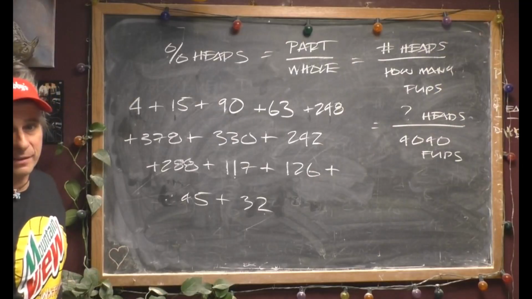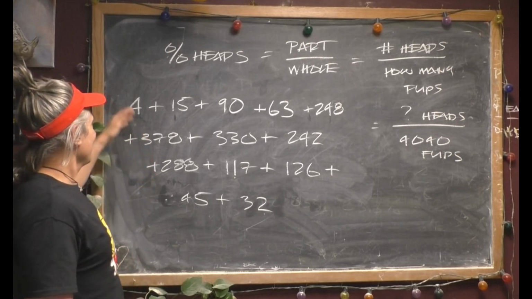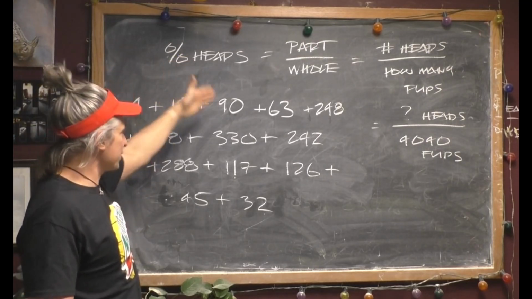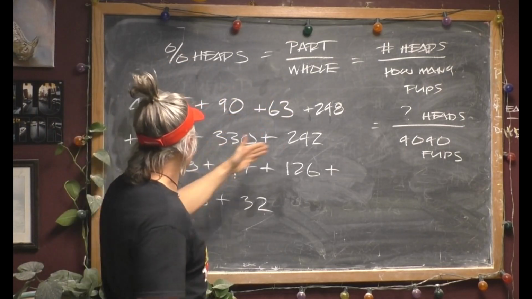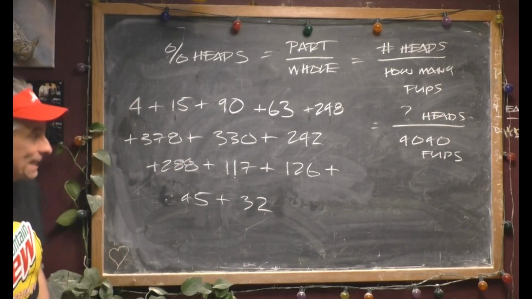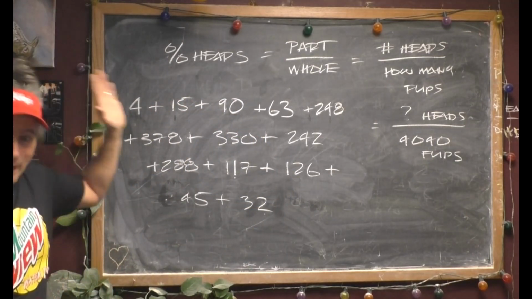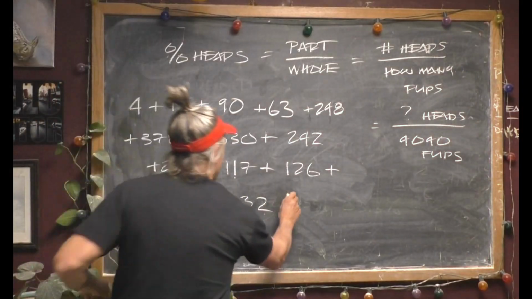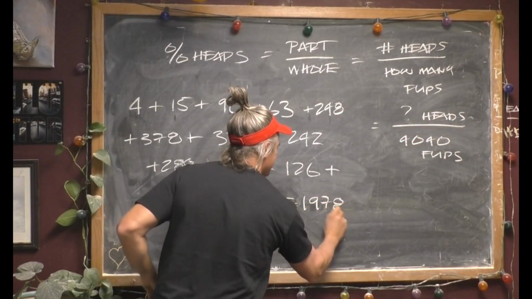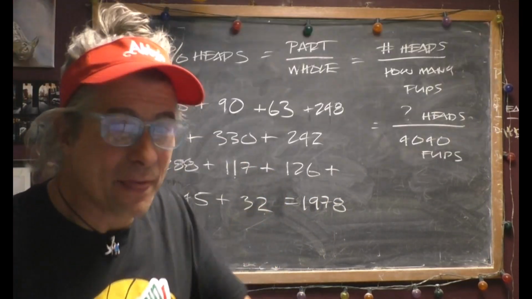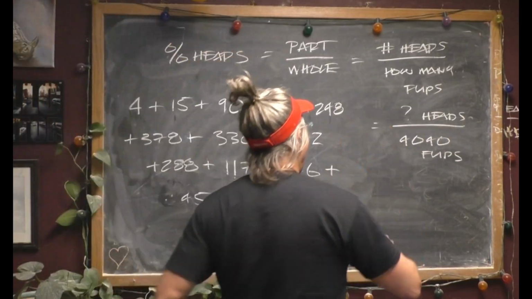All right, dear friends. So that's how many heads were in the trials that we saw. 4, 5, 6, 7, 8, 9, 10, 11, 12, 13, 14, 15, and then there were 2 trials where we saw 16 heads each. How many total heads is all of this? Be right back, I'm going to add them up. 1,978. That's how many total heads we flipped